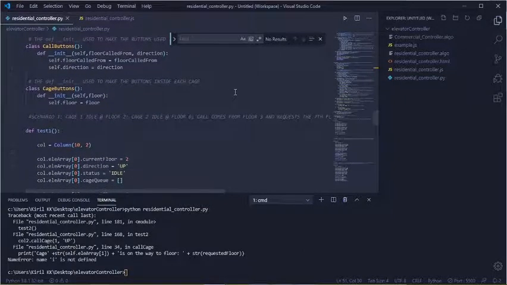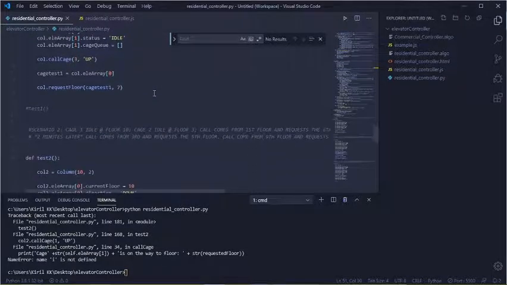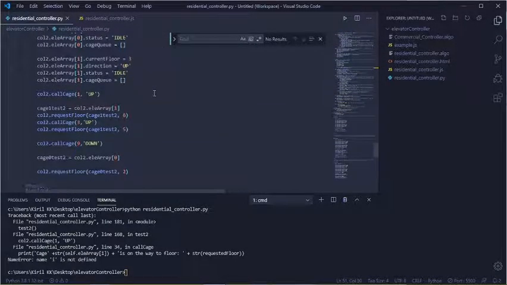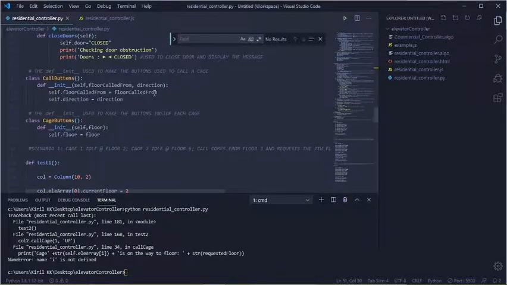And my class to create call buttons and cage buttons. These are my build scenarios that I built. They're basically the 3 scenarios that were given to us during the algo week. And the